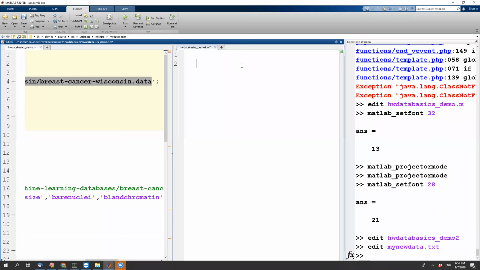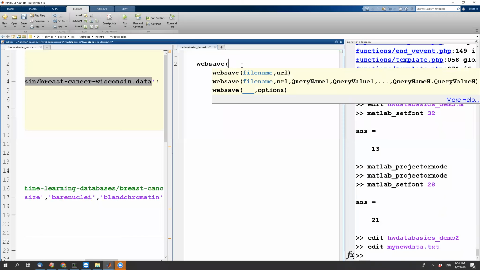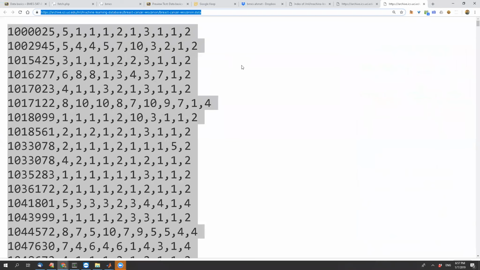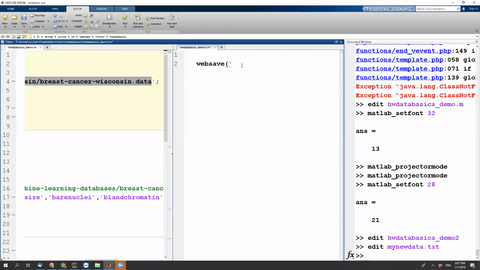How do I save the file? I can use a function called websave in Matlab to take a URL and download that into a file. The URL is the address of the web page. I'm going to provide that first. And then the name of the file would be, let's call this Wisconsin.data. When I run this function,